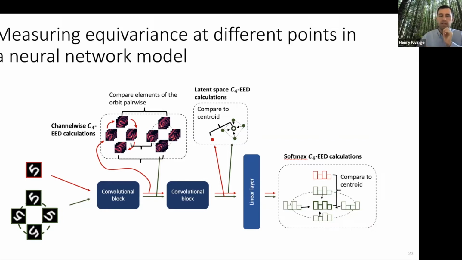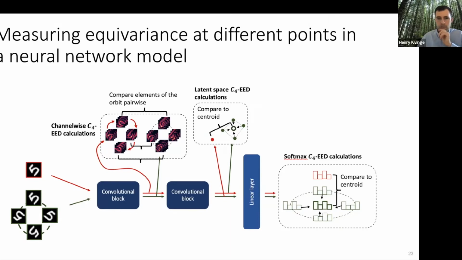I will also look at it in the latent space of the model. This is the final extracted feature layer of the model where I've done all my nonlinear things, and I'm ready to just do some hyperplane separation of my data. And then finally, I will look at softmax probabilities, or the probability that a given example belongs to some number of classes. So this is just a finite probability distribution.